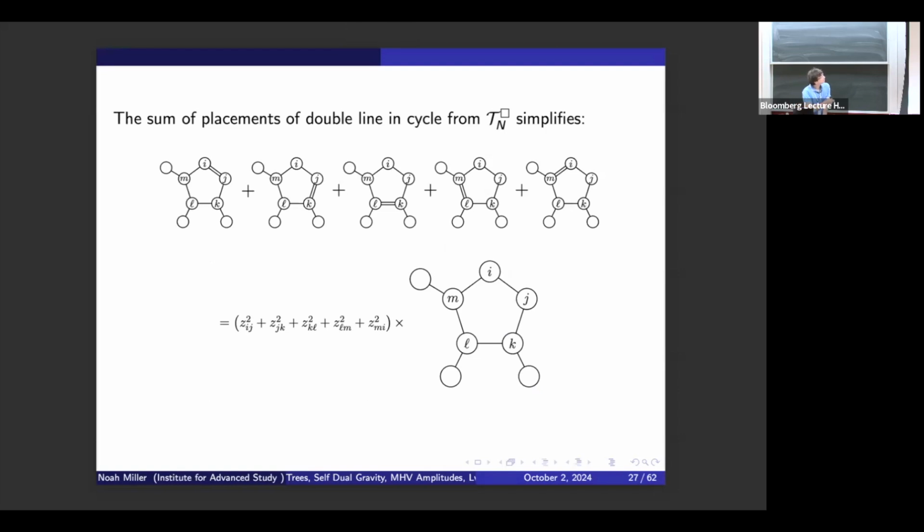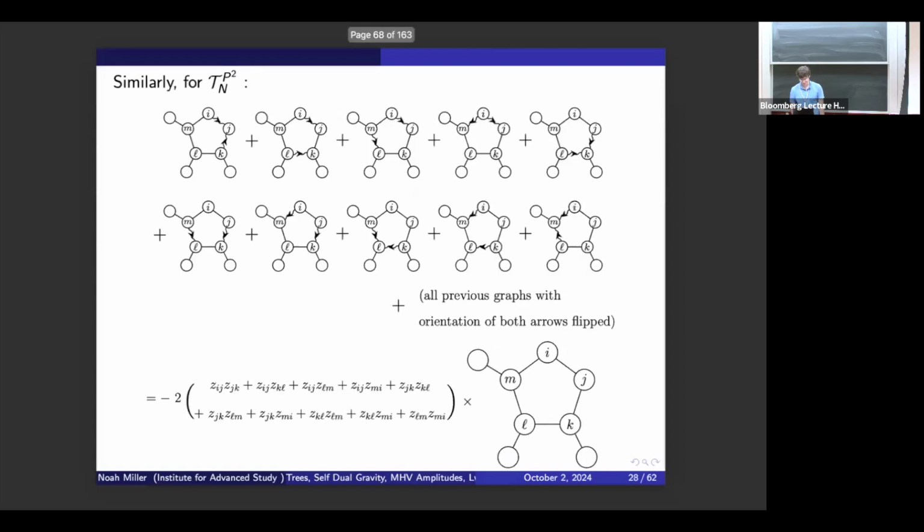So if we single out a group of graphs that all look the same, they have a cycle except for the placement of the double line. If we then sum over the placement of the double line in the cycle, we can just say that this sum of graphs is equal to this graph, where we sum over all the zij's in the cycle. So this sum of graphs is equal to this graph times this zij. And similarly for this sum of graphs,